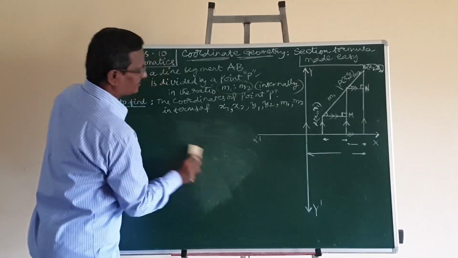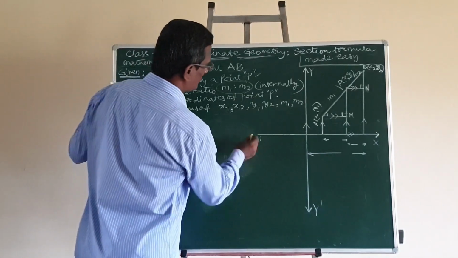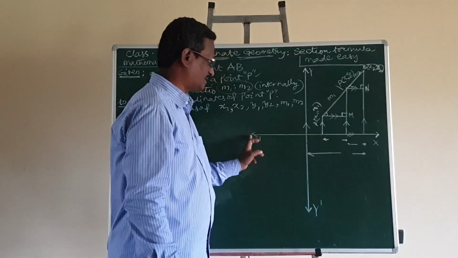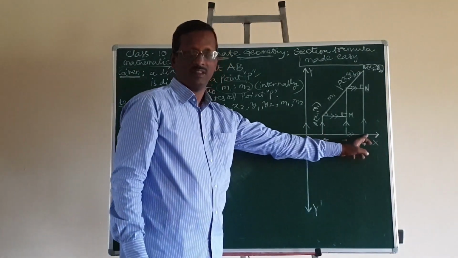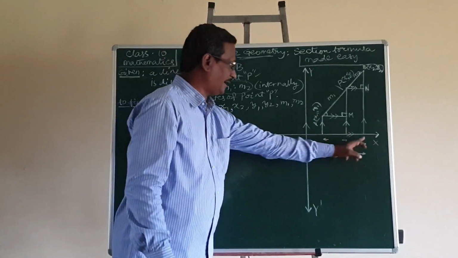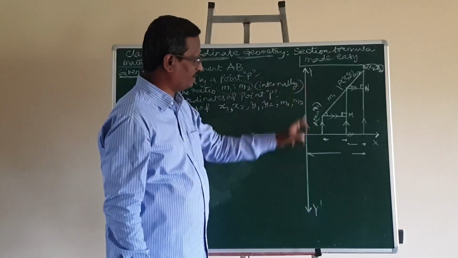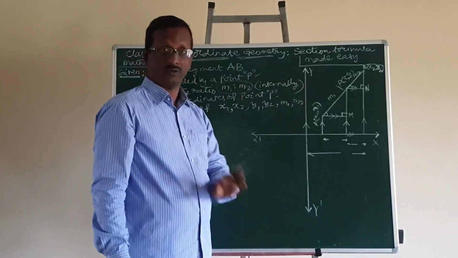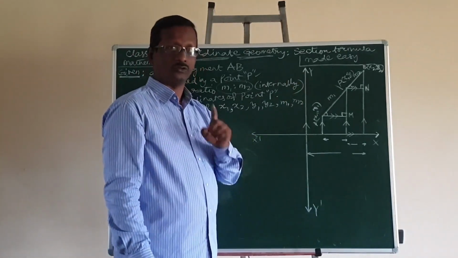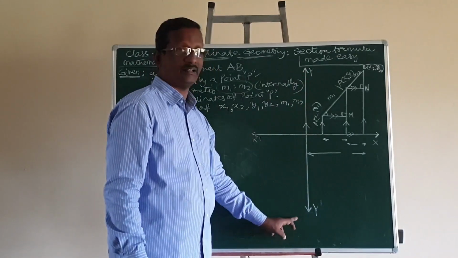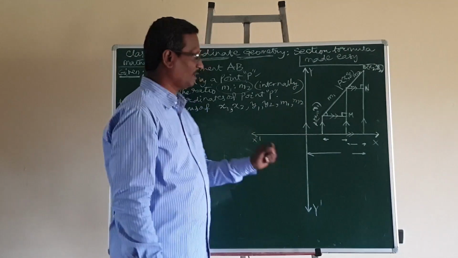Now let's go to the actual derivation. X-axis. Please remember the arrow marks. The x-axis is a line, and X dash is the name of the x-axis. Similarly, Y dash. This is also not a line segment but a line. So compulsorily we have to put arrow marks. The name of the y-axis is Y dash.